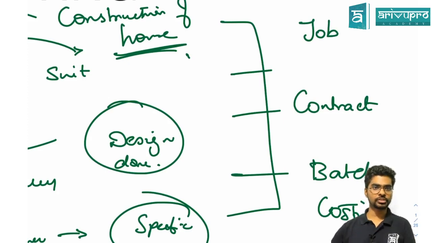Now the next one is that there are certain processes which are on a very continuous basis. For example, when you see a car manufacturing company, what happens in a car manufacturing company? What generally happens is that there are basically processes involved. I'll try showing you guys a video if possible, just one sec.